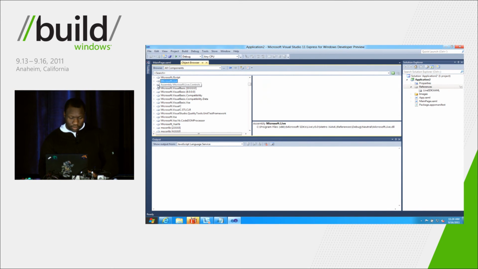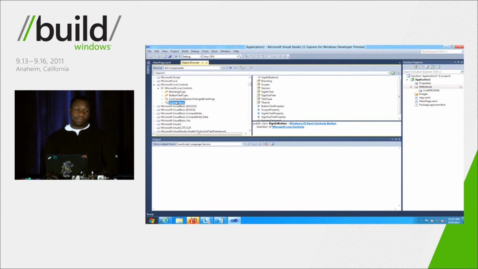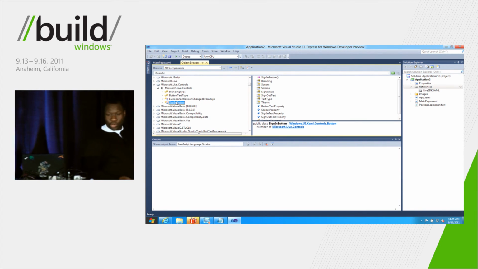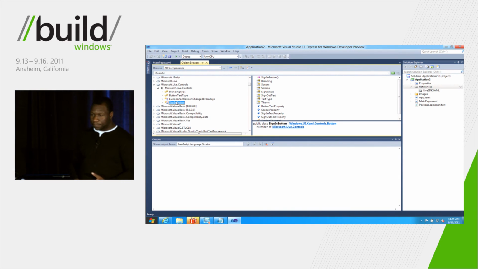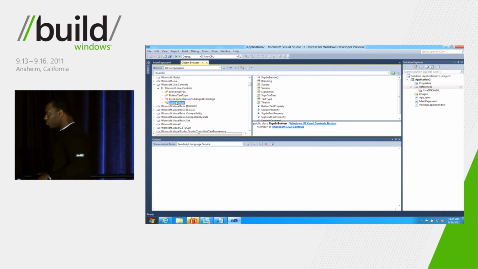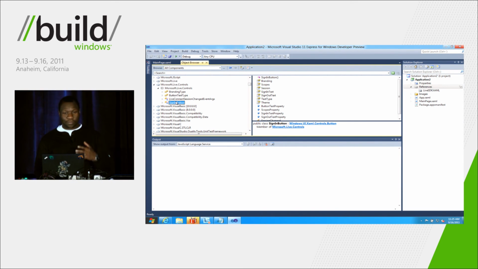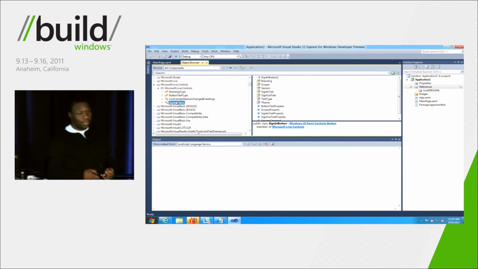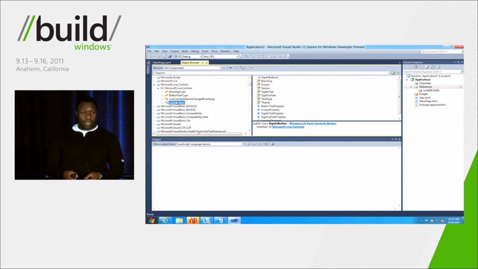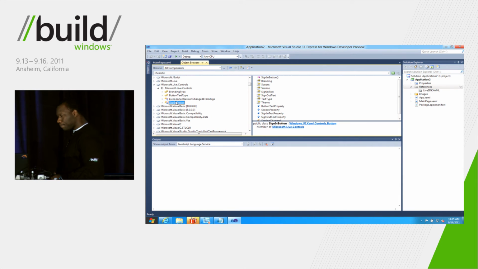And as I discussed, there's also the live.controls namespace, where you find a sign-in button. That's the same sign-in button I showed the code sample of earlier. That's a quick overview of using the Live SDK in your JavaScript projects and in your C# projects.